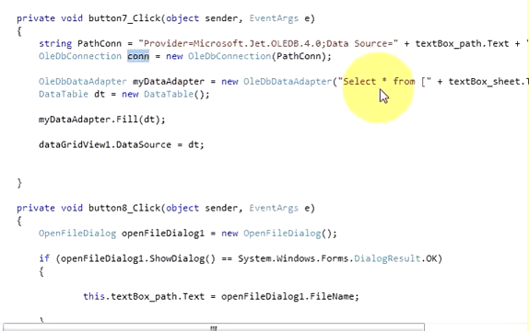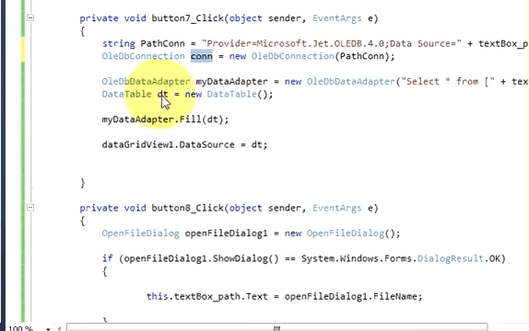Okay, and in the next line write data table dt is equal to new data table bracket and bracket closed, and then write my data adapter, which is this data adapter dot fill dt, which is this variable name, and then